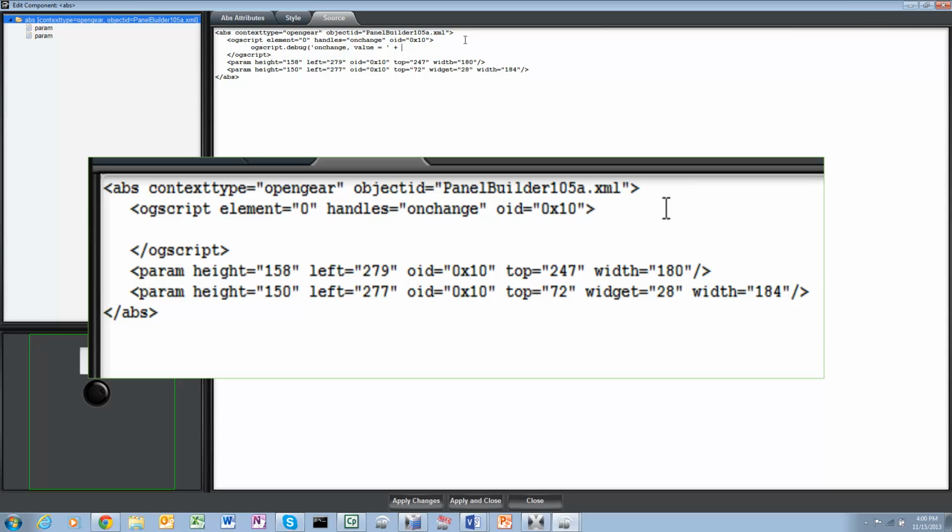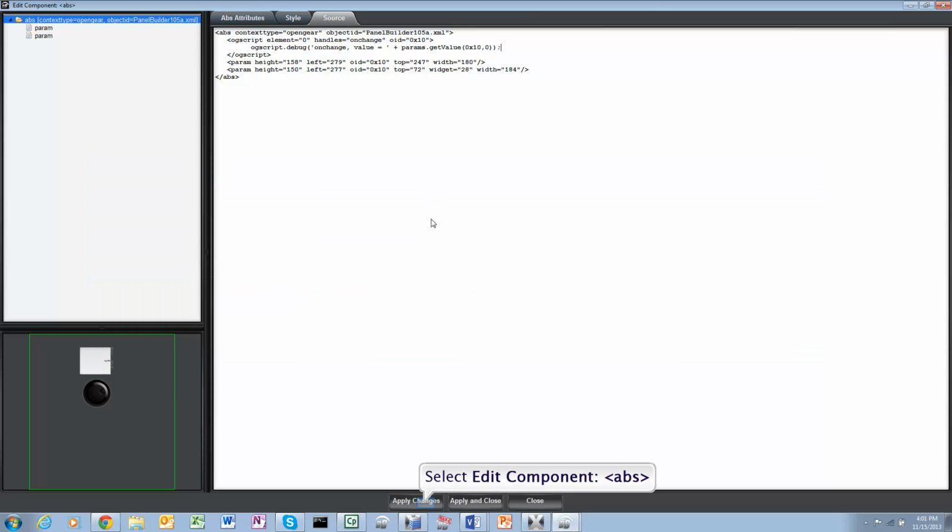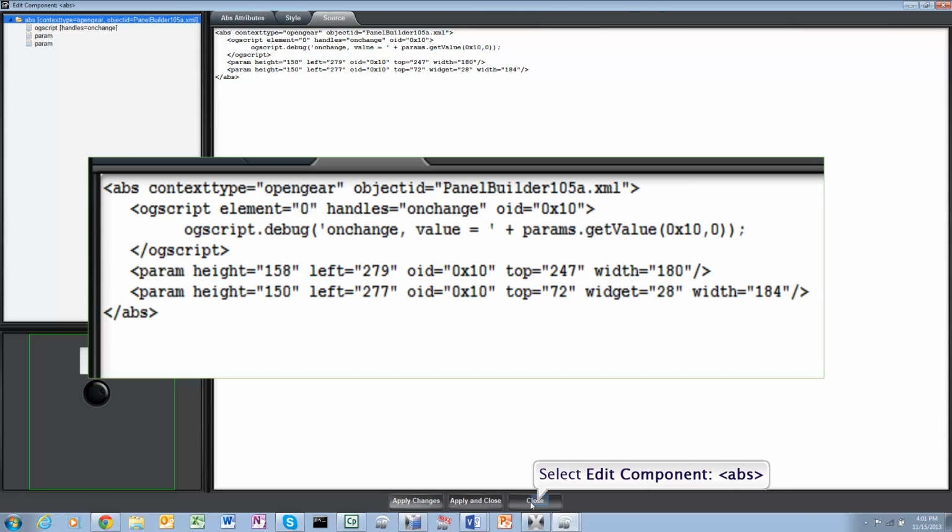And we're going to now get this parameter value. So we're going to go params.get value, and the object ID is 10, the element index is 0, and close those braces. I think we're good. Let's apply that, close it.